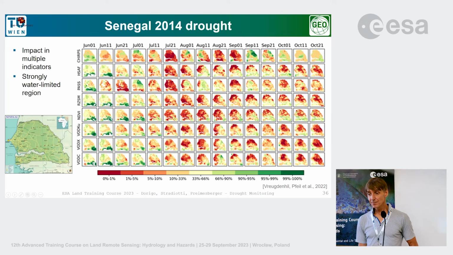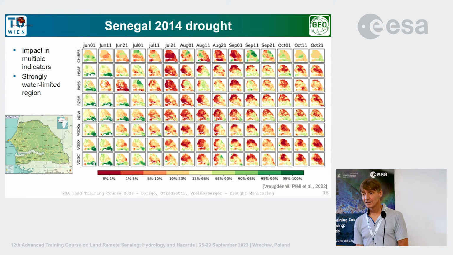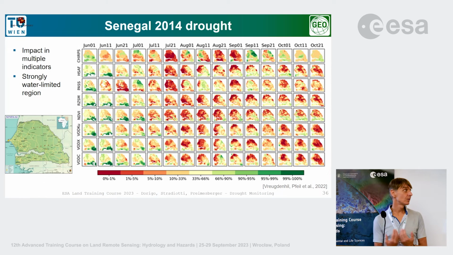And in September, the meteorological conditions start to recover. So it starts to rain again. But what you can see is that in the vegetation products, the anomalies started much later, but they last also much longer. So you see the drought conditions continue to exist in the vegetation signal. And that is so important, and also